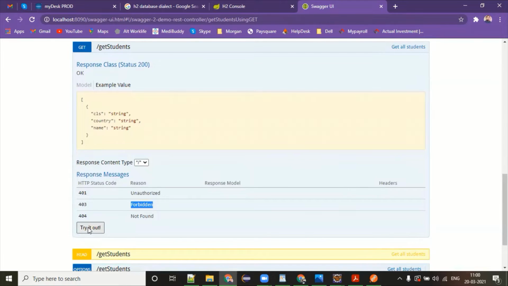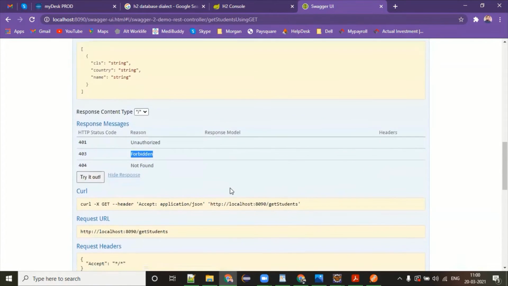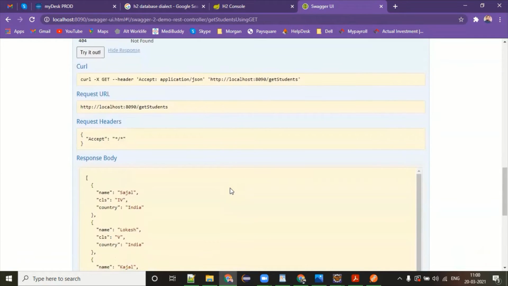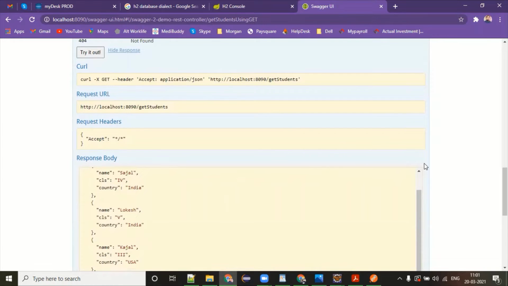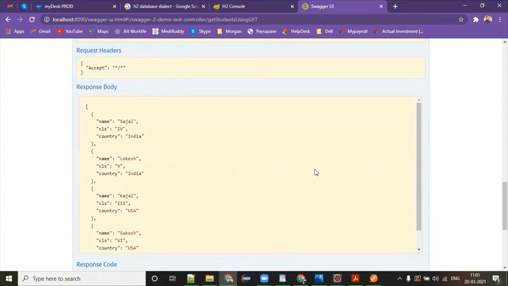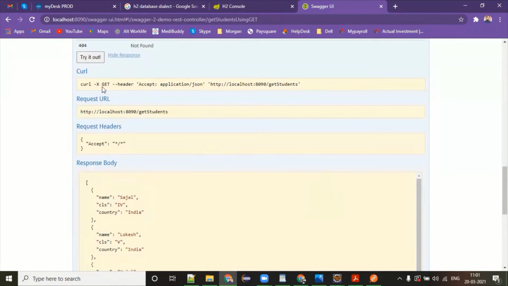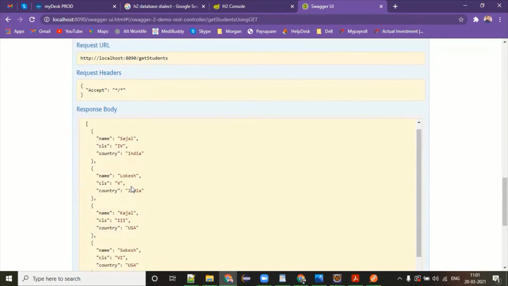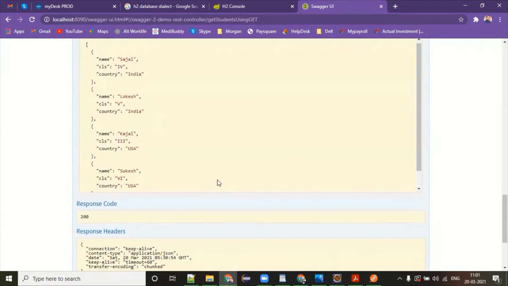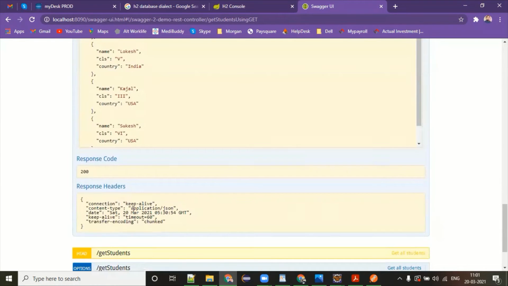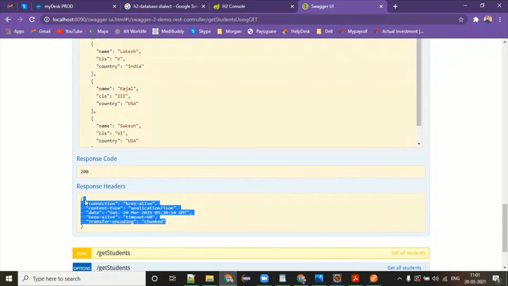Now, if you click on try out and things are fine, it is going to give you all the possible values here. So it is better than Postman, I believe, for testing your REST API. In fact, here it is giving you the complete details. If you are a Linux machine holder, you can run this. What are the endpoints? These are the endpoints. What are the headers? There are no headers. What is the response? What did you get? It is here. Can you see that? Response code, response headers. These are the default response headers coming along with this.